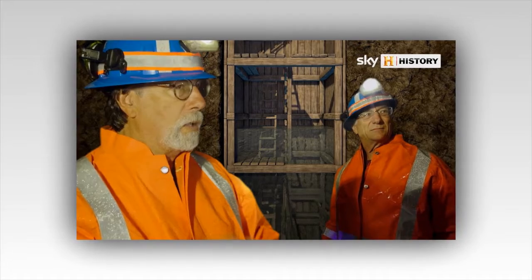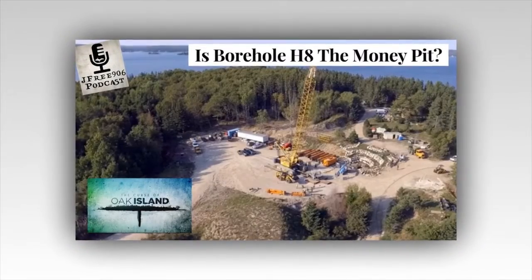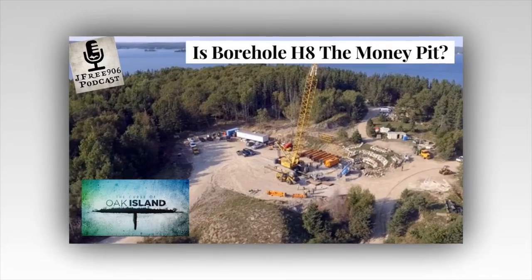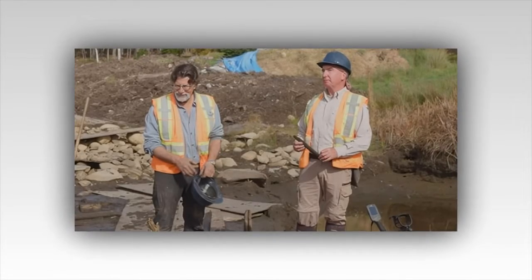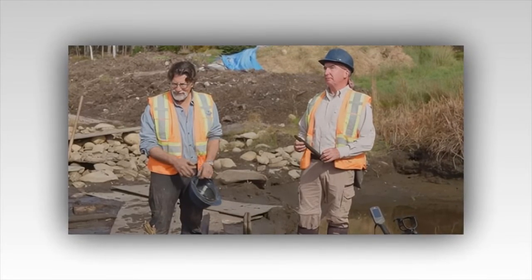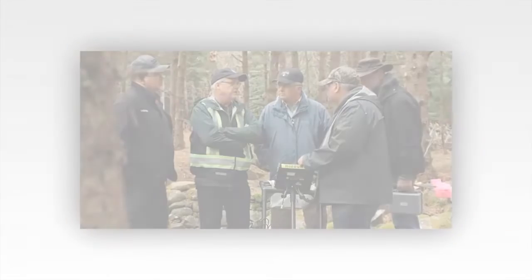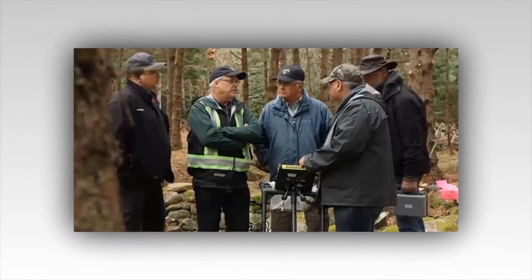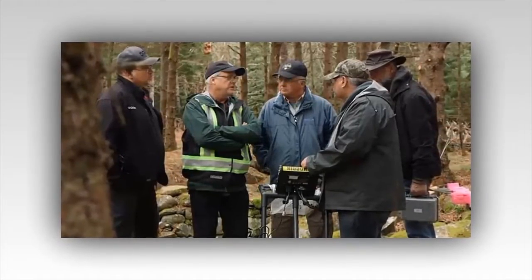The guys were thrilled at the prospect, as it would be the first time that they could actually go underground and explore the money pit area for themselves. Marty asked the miners about the possibility of further excavation outward of the shaft, and excitingly, he was told that Dumas could tunnel in any direction and any elevation that they wished. This is a great moment to be a fan of Oak Island, as Season 10 is increasingly showing that the guys are willing to use any resource and technology available to get to the bottom of the